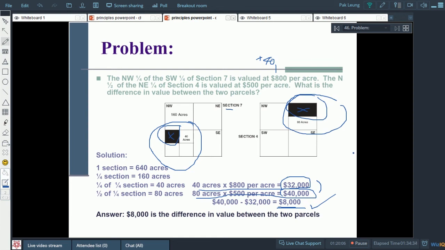What was the question? What is the difference in the value between the two parcels, right? 他们两个差价是多少？So 40,000 minus 32,000 is $8,000. 它的差价4万块减32000是8000块。So $8,000 is the answer. Now, how much time did I spend? 5 minutes? Is it worth 5 minutes to get 1 point? No. Let's answer B. And then come back to it when you have time. 你有时间你回来就慢慢去看，怎么去算。